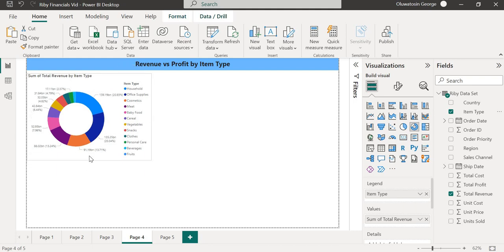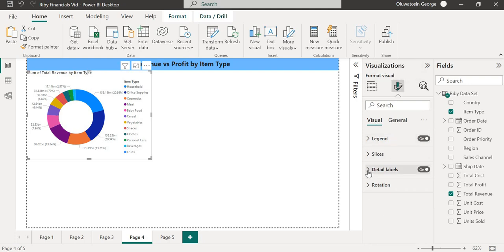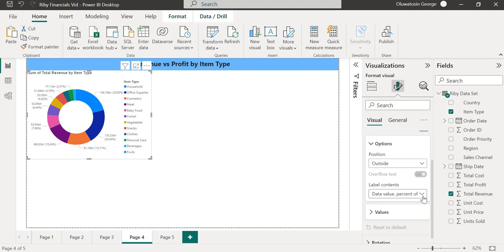What I can do is just to change the title of my chart. I don't think I want to make any changes to how the chart looks. So I like how the numbers are here. I also like how the percentages are here. So if you want to take that out, you can just go to your format visual and go to your detail labels, right? So if you come here under the options and label where you see label contents, right now it's data value, percentage of total. You could do just this, right? You could use